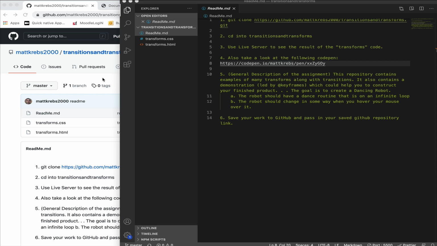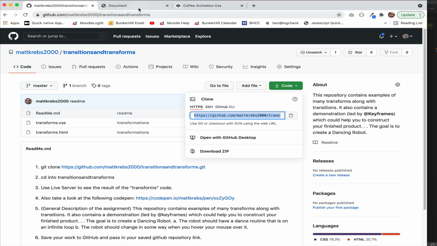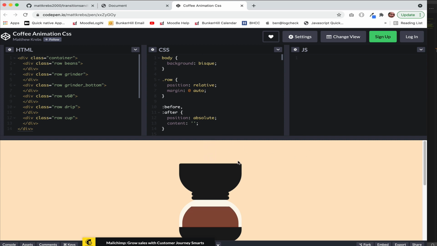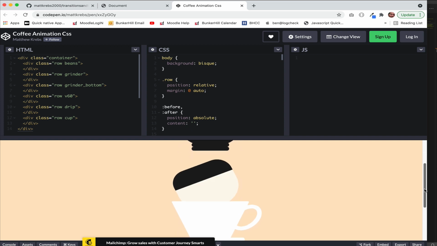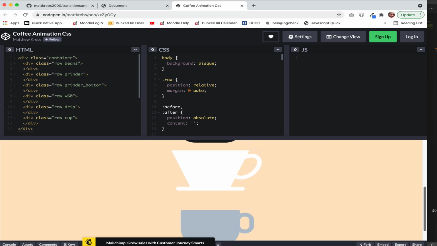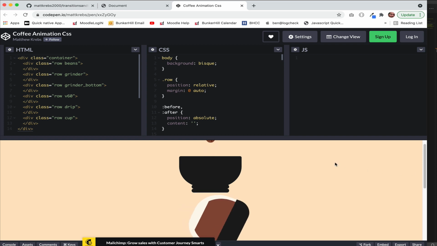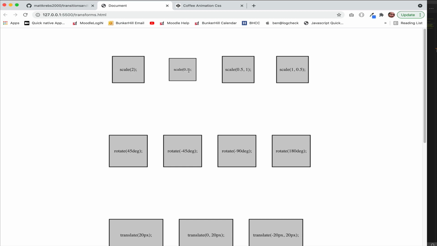It should have legs moving and arms moving, maybe the body moving as well. I have right here an example of sort of a real life demonstration situation, and you can use this sort of as a model for how you might make a dancing robot. I also have this right here, which is